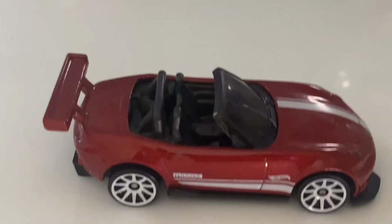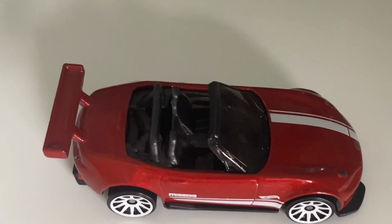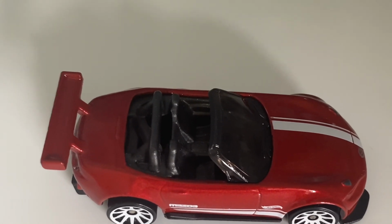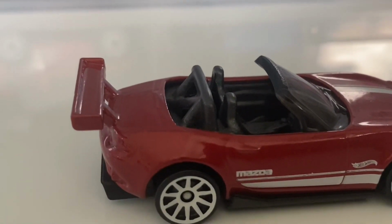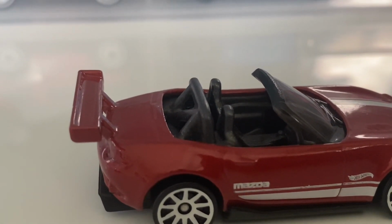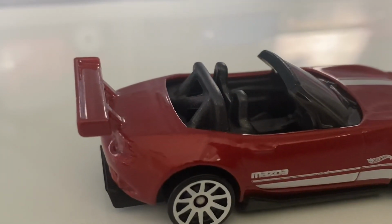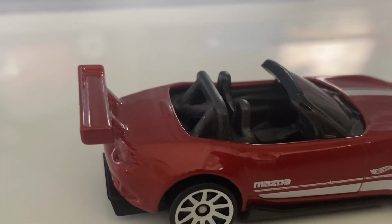Alright, now let's take a look at the top of the car. There's that top view. We'll talk a little bit more about the interior now, because obviously that's one of the big focus points for this car, since it is a convertible. So first of all, you can see there is a roll cage, or half of a roll cage. It is not fully caged inside, but we do have that rear section to it, really nicely, and that's done in